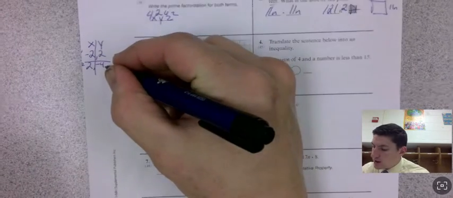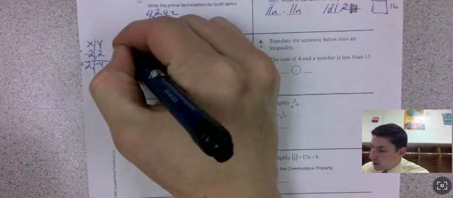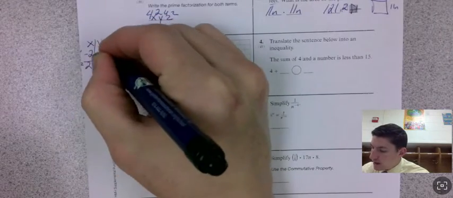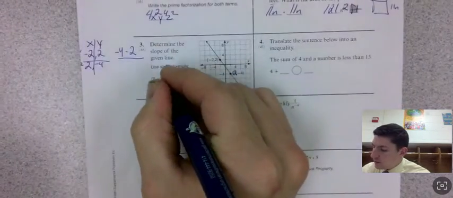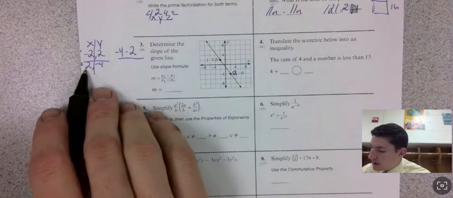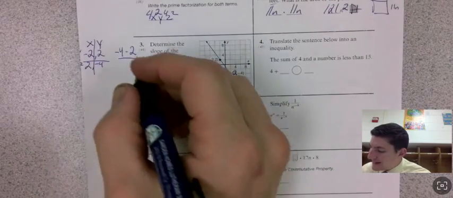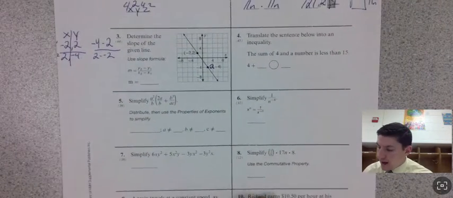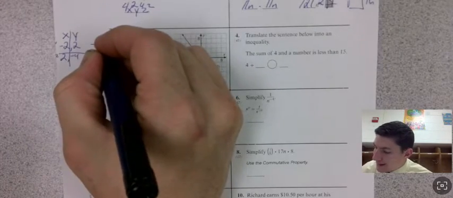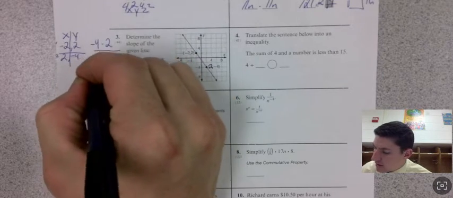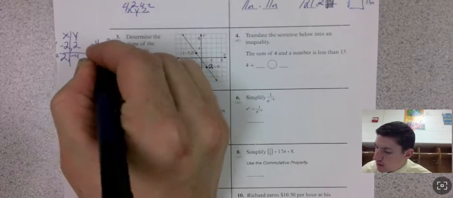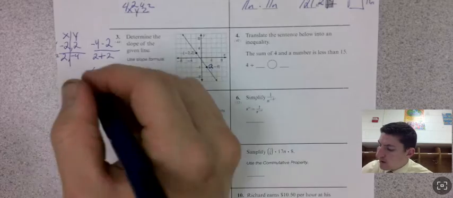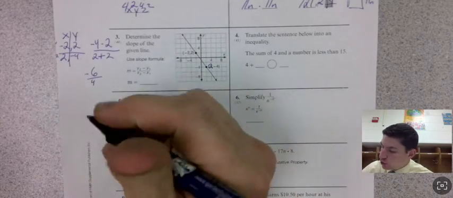Here's how it works. y2 minus y1 will look like this. -4 minus 2. Just move that here, move that there, set it up in this formula. x2 then is down here, which is 2 minus 2. 2 minus -2, and now I can do that math. -4 and minus 2, same sign sum, it's going to give me -6. 2 minus -2, two negatives make a positive. 2 plus 2 is going to give me 4. If I reduce that, both divisible by 2, it's going to give me